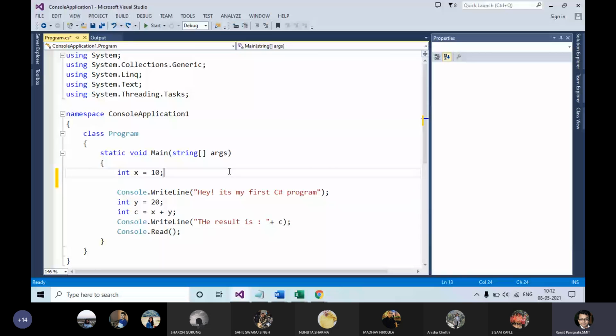I'll give you one example of a logical error. For example, I want to calculate the factorial of 5. What is a factorial?